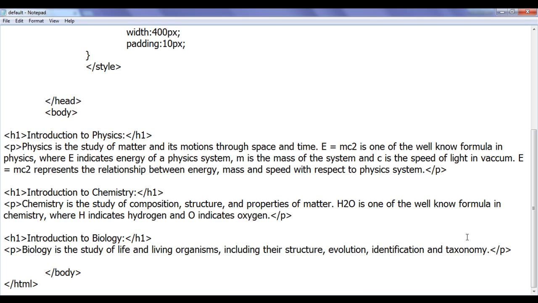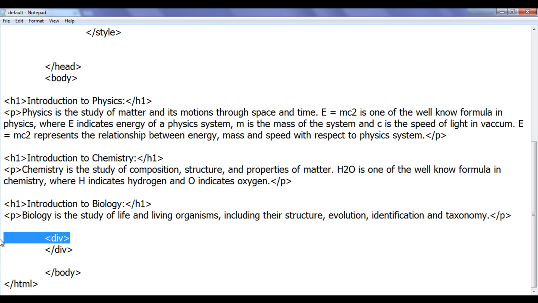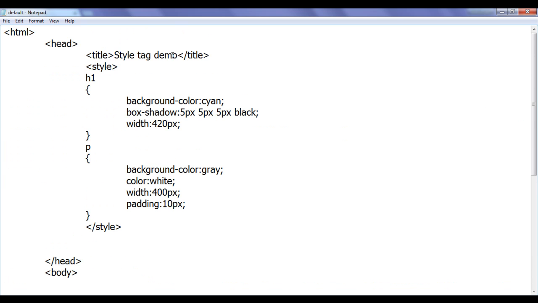First of all, div tag is a paired tag. Let me show here. I'm going to put a div tag, opening div tag and closing div tag. As it is a paired tag, we should write both opening and closing. In between, I can put some content like hello div demo. Of course, I'm going to change the title to div tag demo.